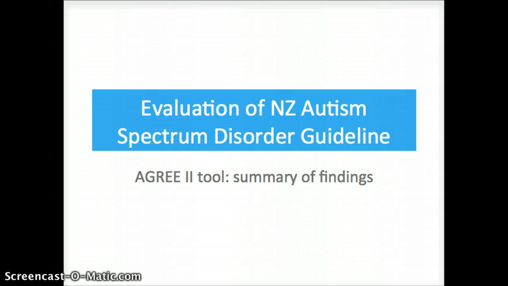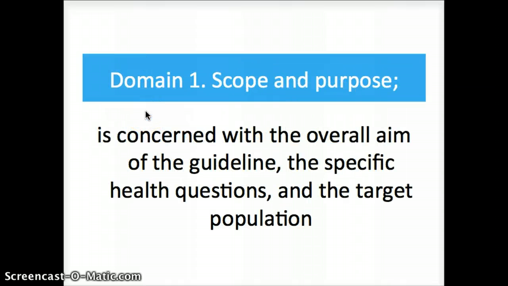process of practice guideline development and the quality of reporting. The tool is comprised of 23 items, which are divided into 6 domains. An overall assessment of the quality of the guideline is included at the conclusion of the appraisal. Today we will be summarising our main findings based on the AGREE II tool. Domain 1. Domain 1 evaluates the scope and purpose of the guideline and is generally concerned with the overall aim,